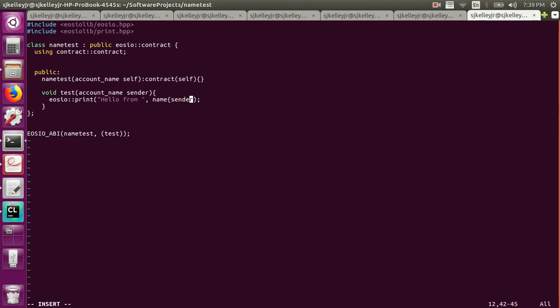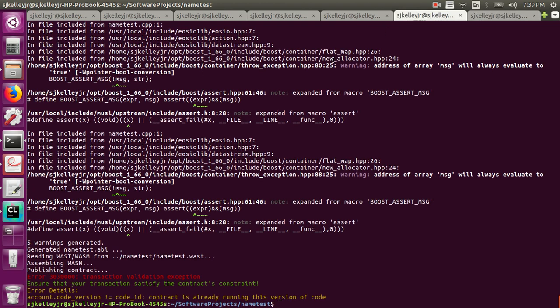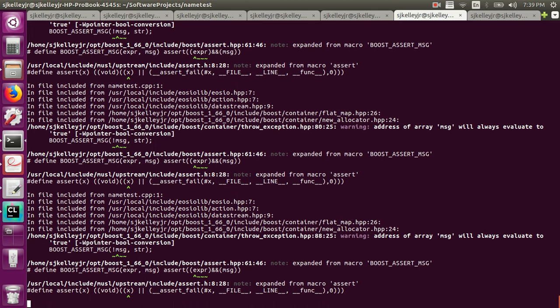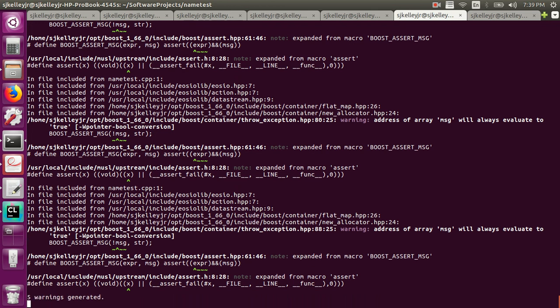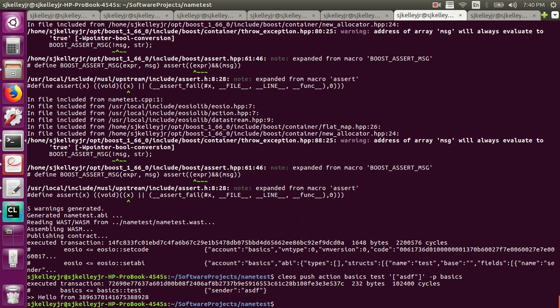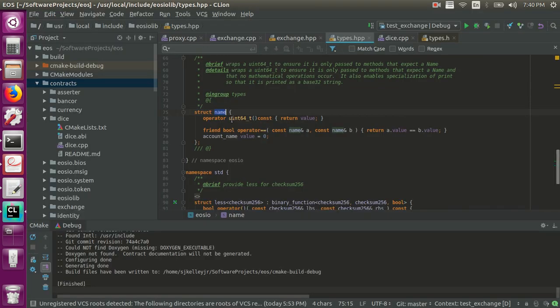In this case, let's just straight up print out this account name that gets sent from the smart contract, and let's hope that this compiles. Okay, it looks like it worked, and if we push the exact same code as we sent before, this is what we get. If you remember from the previous video, I was showing you the string to name. It looks very similar, right? We have this uint64,